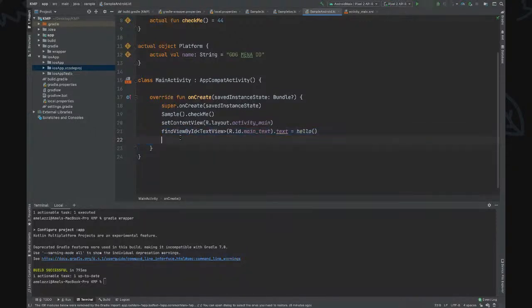We can use directly our ID, which is by text dot text receive the goodbye function. So it will print hello from GDG Mina digital day and goodbye from GDG Mina digital days. We will run this in the Android application,